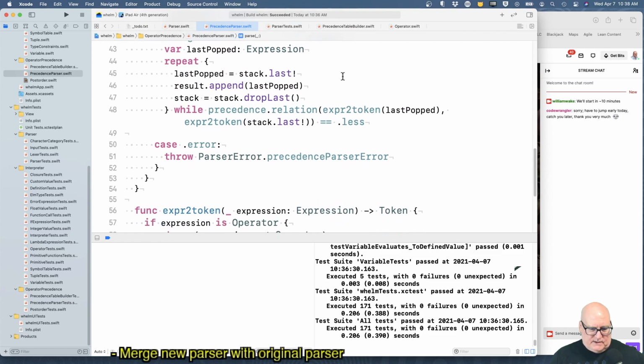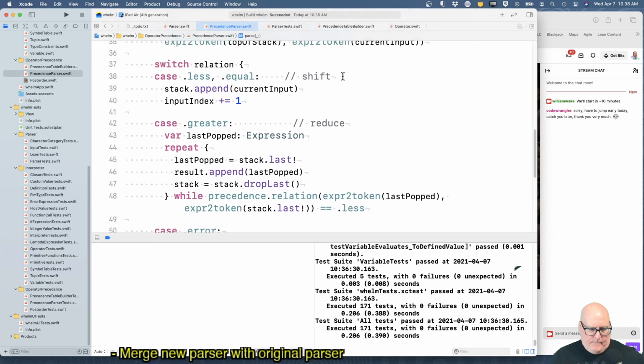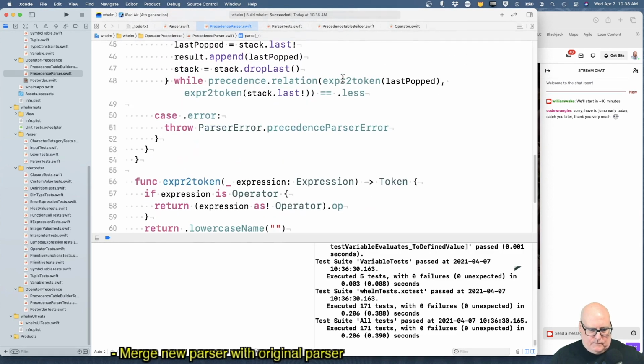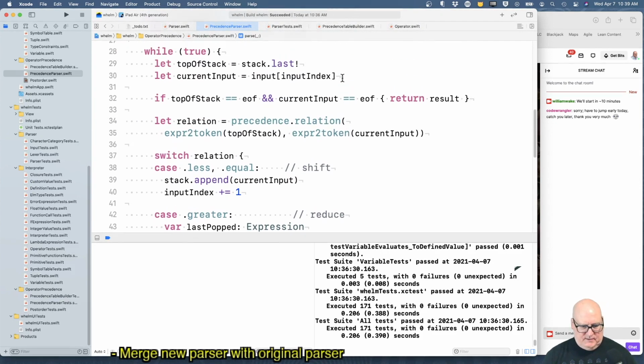It throws a precedence error. And that's probably okay. We maybe could get rid of that.